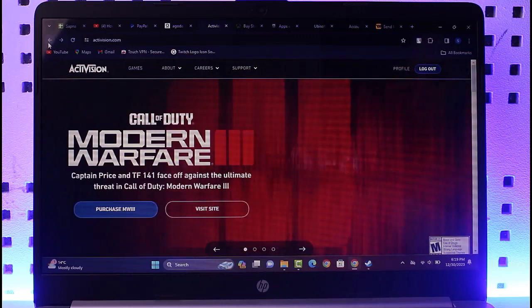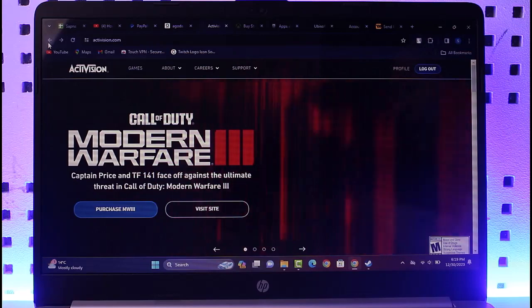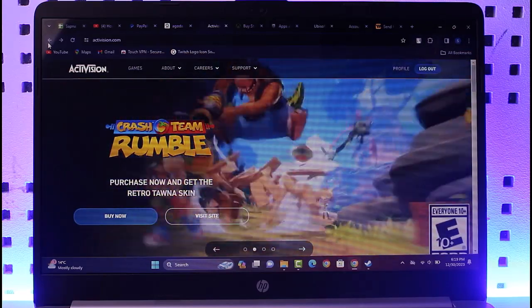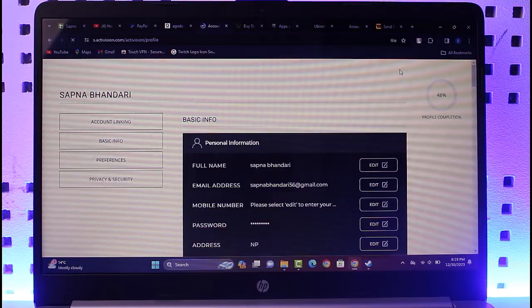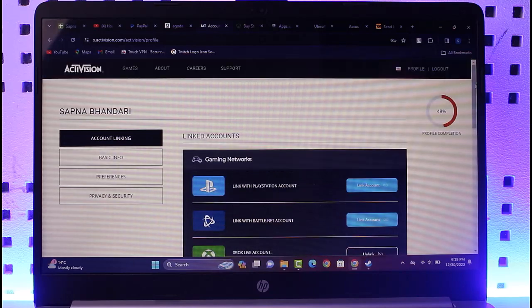So for that matter, the very first step would be simply for you to access activision.com on your browser and simply sign in as well. Once you're done signing in, all you have to do is go ahead, tap on this option of profile on top. Once you have done so, it will simply access this another tab which includes this option of account